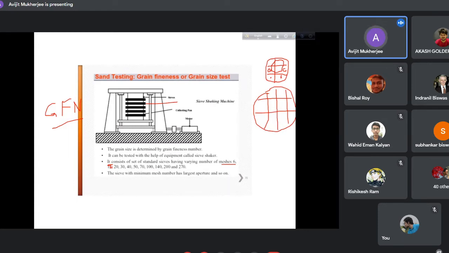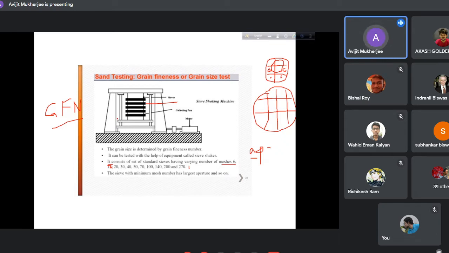All the sieve sizes are standard. Say diameter A. Diameter of all the sieves is say A, and when A is divided in 6 compartments, the openings are more. When it is divided in 12 compartments, the openings are gradually reducing. Similarly, in the third tray, there are 20 divisions, 30, 40, 50, 70, 100, 144, 200, 270, and